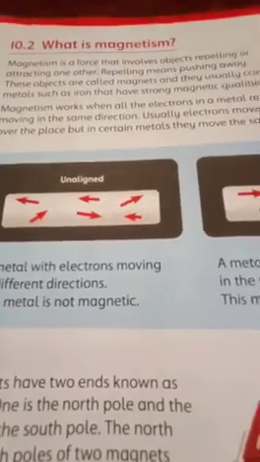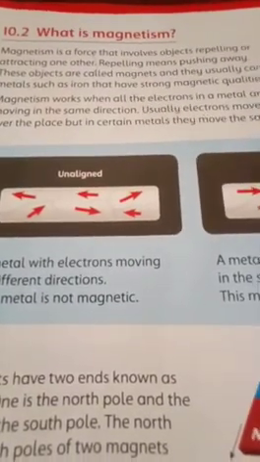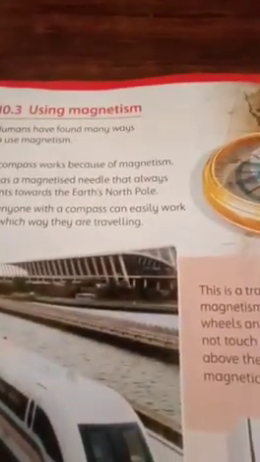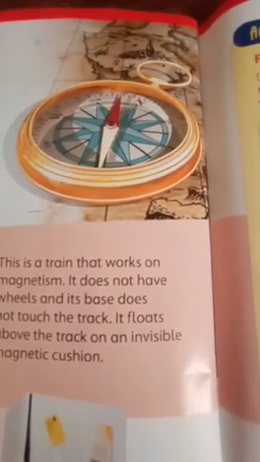Now magnets are very useful. They are used for different purposes. Magnets are used in the compass needle. This is the compass and it is used to show directions. It is used for navigation by pilots, and it has a needle inside which moves. That red pointed needle points towards the north pole of the earth, and by this the pilots can navigate to which direction they want to go.